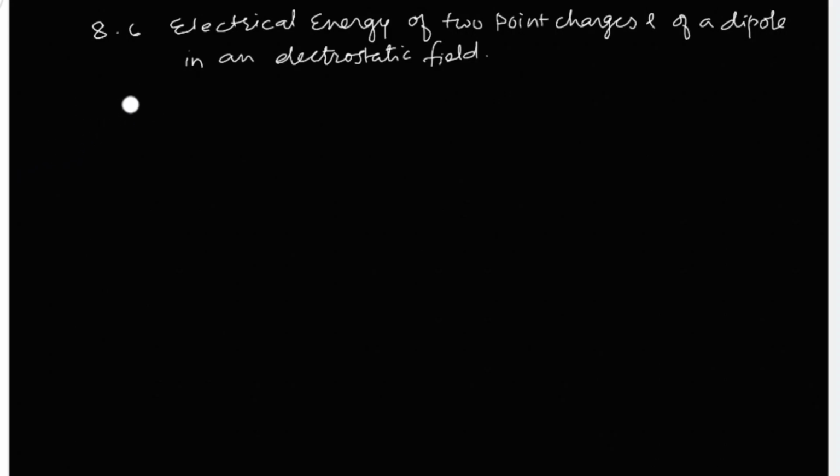As you know, the electrostatic potential energy of a system of point charges is defined as the total amount of work done to assemble the system of charges by bringing them from infinity to their present location. Just to remind you of that definition, that is